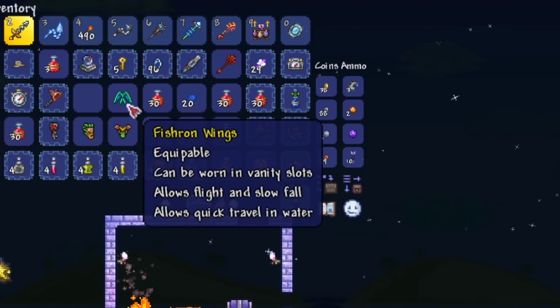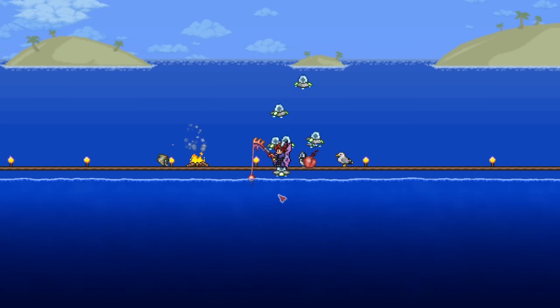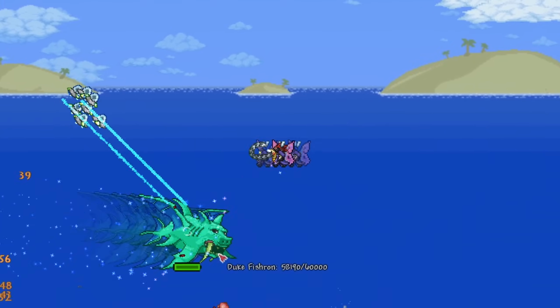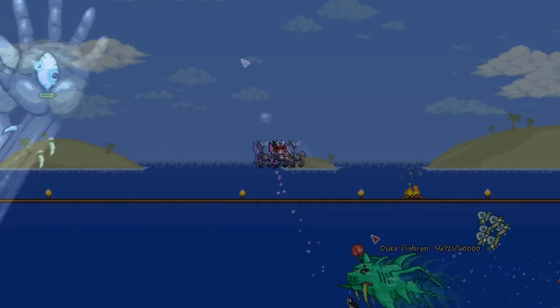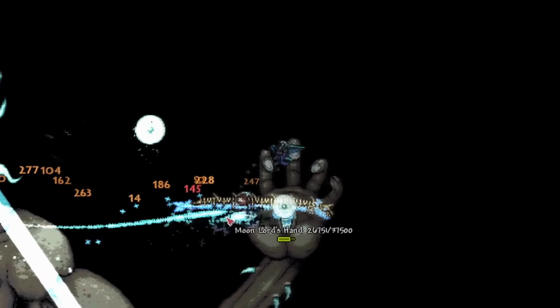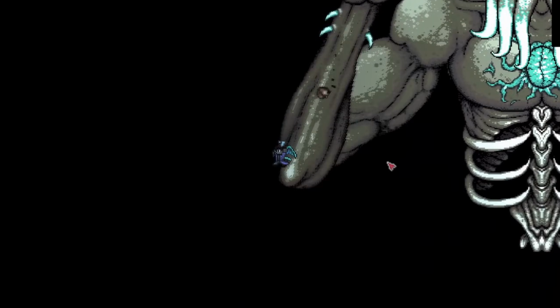However, the thing about Duke Fishron is, you can fight him the moment you're in hard mode. This means that if you're good enough, you can farm him to get the Fishron wings right at the beginning of hard mode, which will honestly carry you all the way till the Moonlord. Yes, they're that amazing. But well, most people defeat him post-Plantera or post-Golem, so just know that the option is